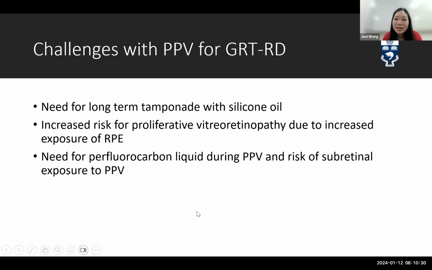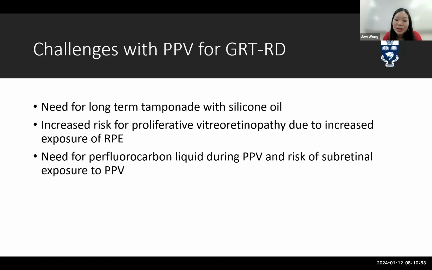So there are some challenges with using pars plana vitrectomy for giant retinal tear associated retinal detachment. It's so long, so we have to use a few letters. Essentially, one of the issues is there's often a need for long-term tamponade, such as with silicone oil. As we mentioned, there's this increased risk of proliferative vitreoretinopathy because of the increased exposure to the